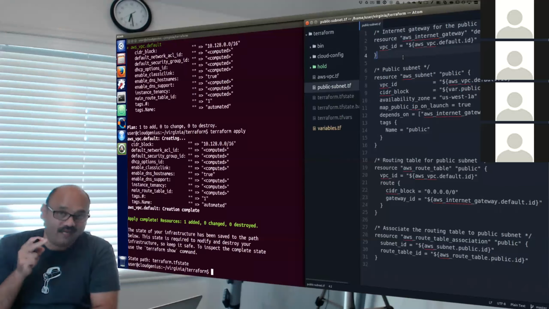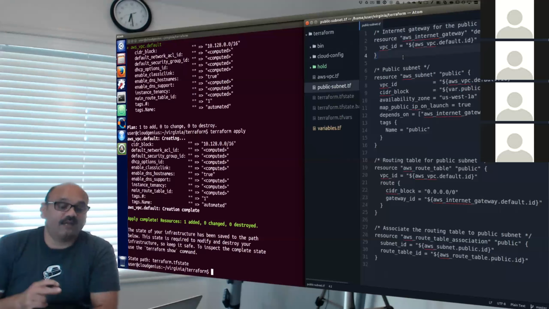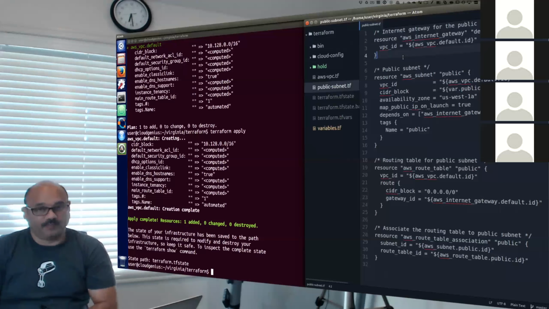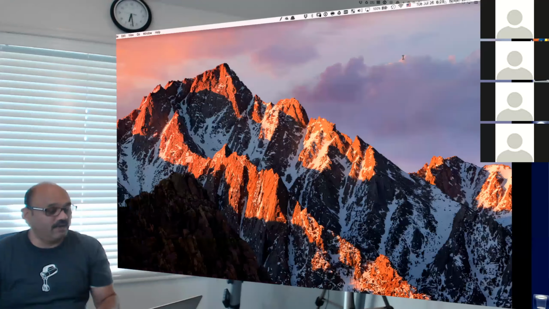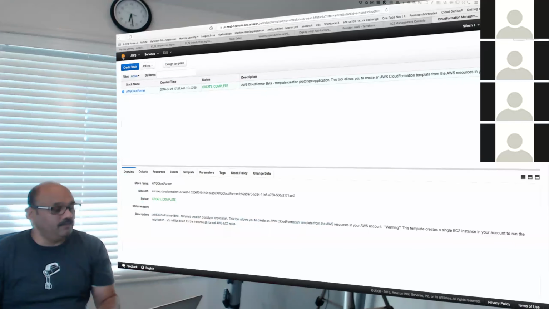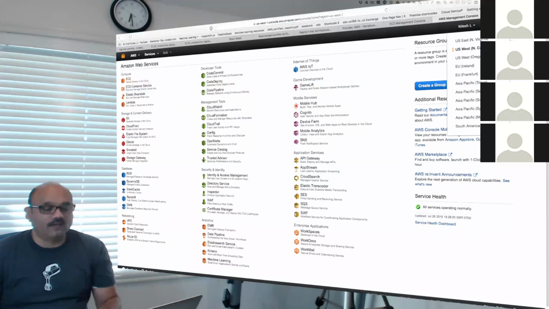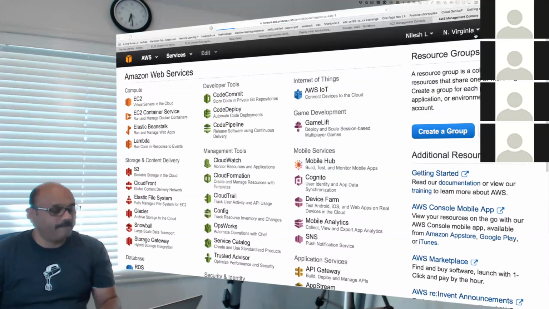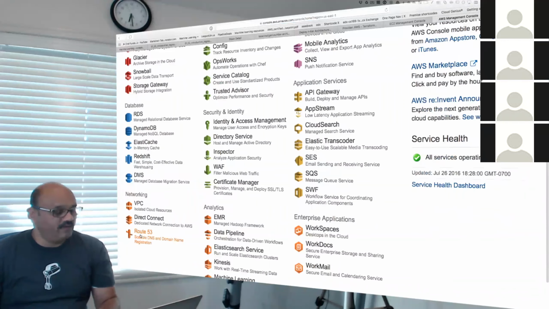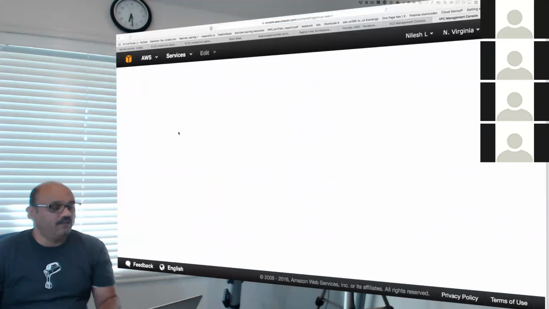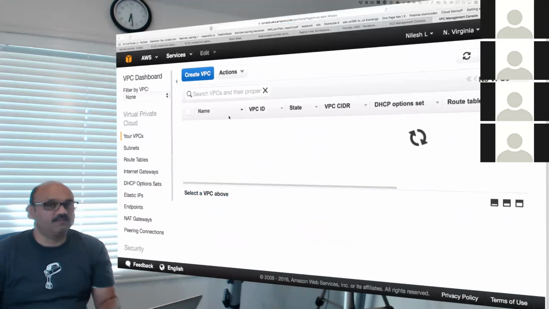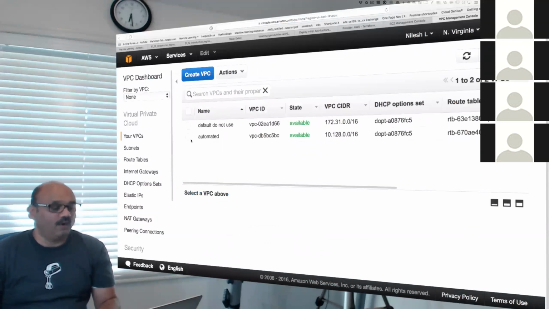And in that VPC, get me an internet gateway, right? You want to create that internet gateway, which is going to be in our Virginia region, in our VPC. We have these two VPCs, by the way, one of them called automated, which is what I want to filter down.